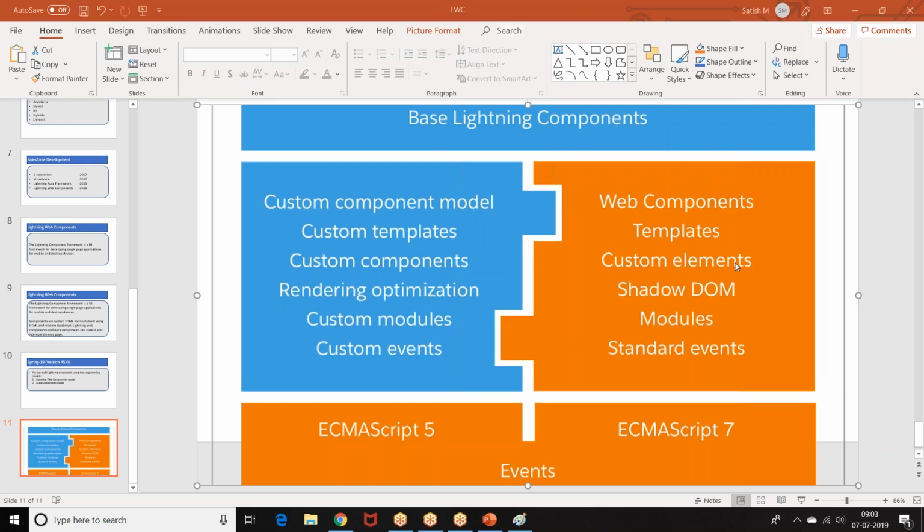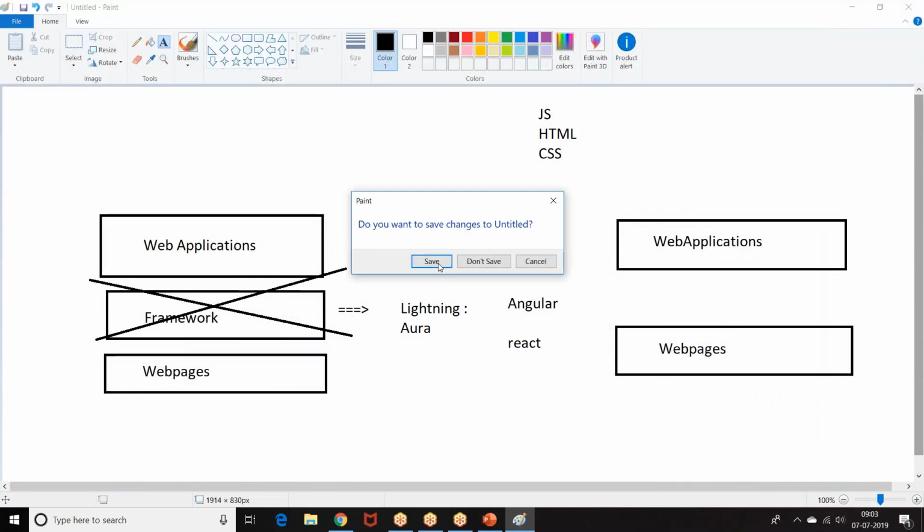So templates, custom elements, shadow DOM, modules. We'll discuss them in implementation one by one. So let us get into our